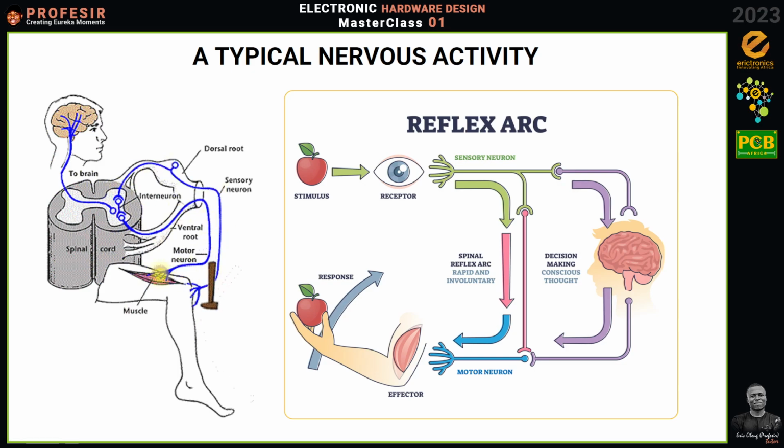Now this is actually interesting. The signals that flow to the brain are actually electrical in nature, okay, and they flow through your nerves, your neurons. Now there are two things that can happen. Depending on the nature of the signal, the stimulus will go through what we call the reflex arc or the medulla oblongata, which is also part of the brain, okay, and the medulla oblongata is actually responsible for autonomous activities or involuntary activities, if I may put it. Or it may go to the brain where you have to actually make a conscious decision.